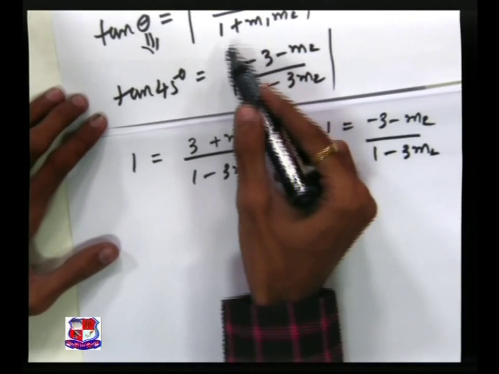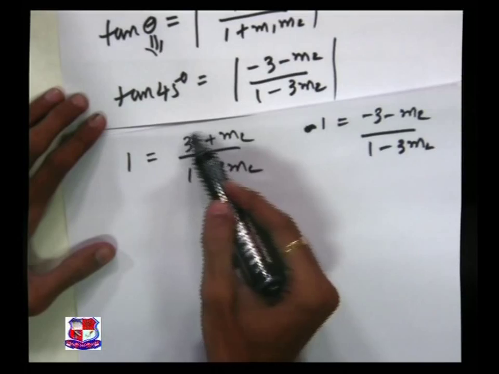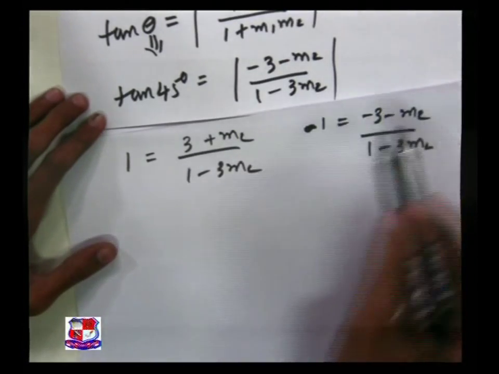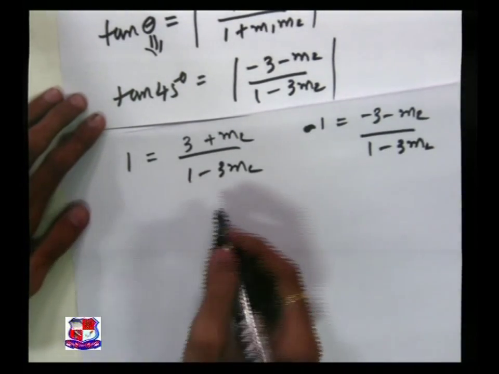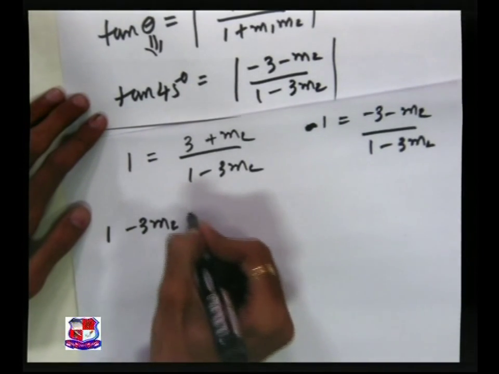If we use the modulus here, we have two possibilities, plus 1 and minus 1. So by simplifying this one, I will get 1 minus 3m2 is equal to